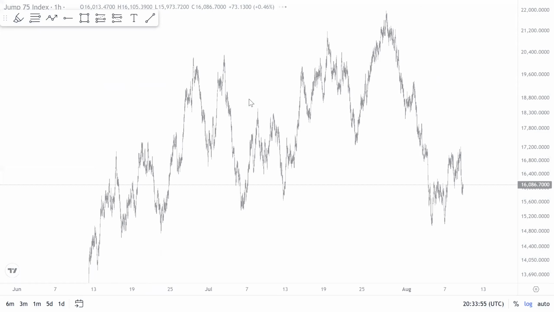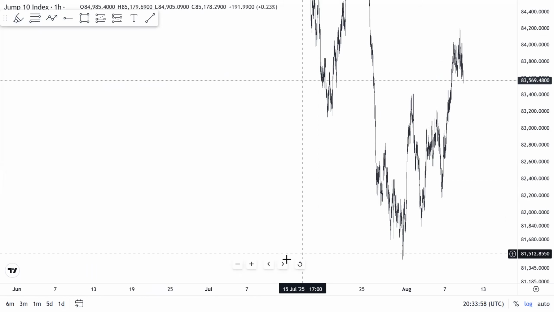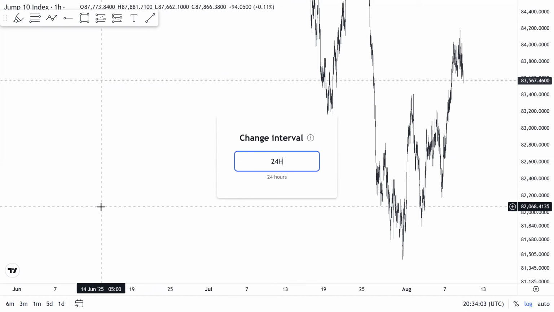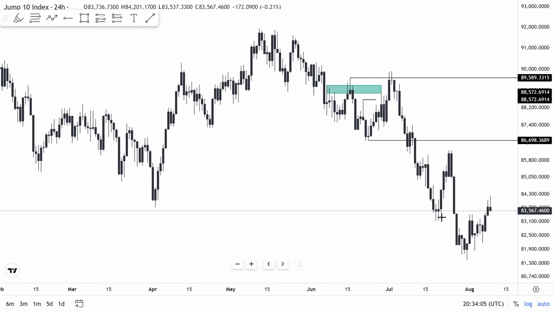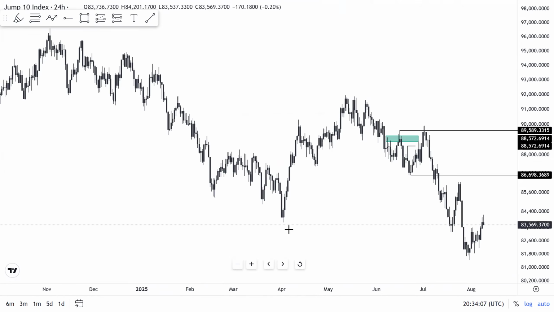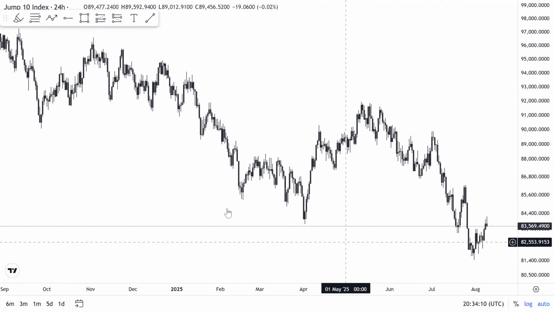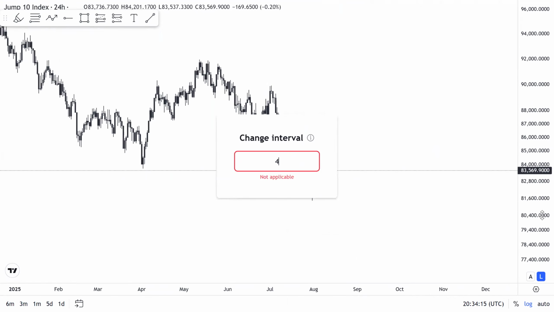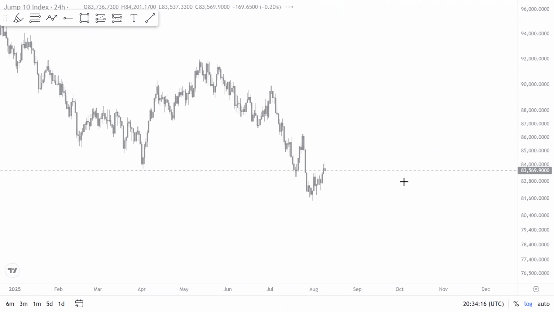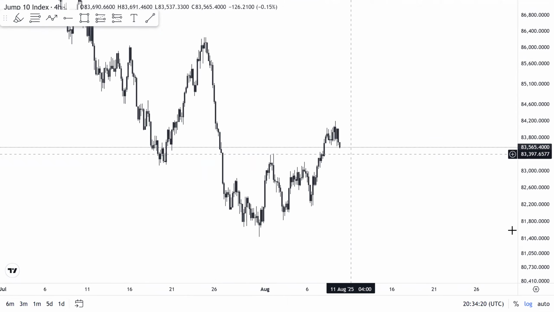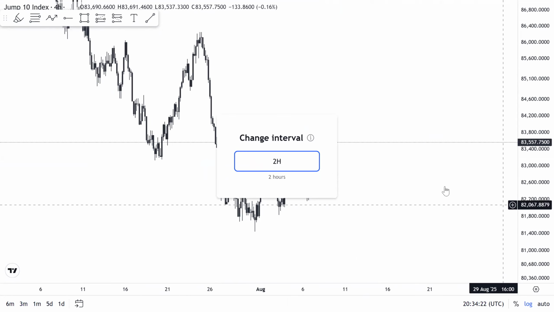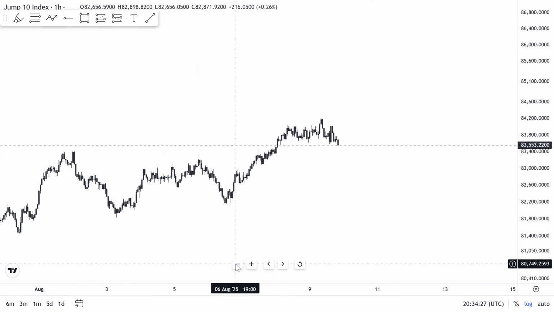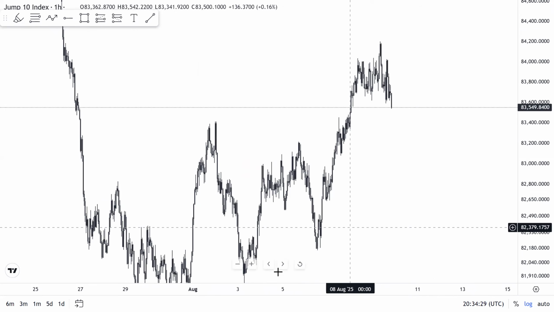I'm trying to look at the valid price action to see what you can expect to happen this week. I'm just doing a market recap to see what we expect this week, just a very clean pullback structure. Now let's remove drawings. This is the daily time frame on Jump 10 index, and you can see on the daily time frame we're very bearish. Let's check the 4 hour time frame. I was not able to see anything quickly on that. 1 hour time frame: I'm not seeing anything here, so I'm very quick with my analysis, because I can't see anything here.